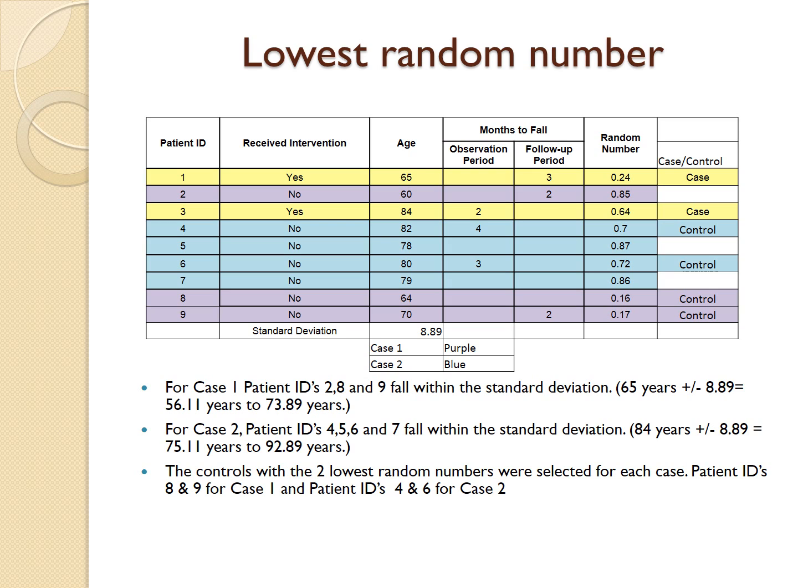Then we're gonna take a look at the random number column. Just look at it. The 2 lowest random numbers were selected for each case. Patient IDs 8 and 9. If you look at 8, we have 0.16, and 9 we have 0.17, and those are the lowest random numbers